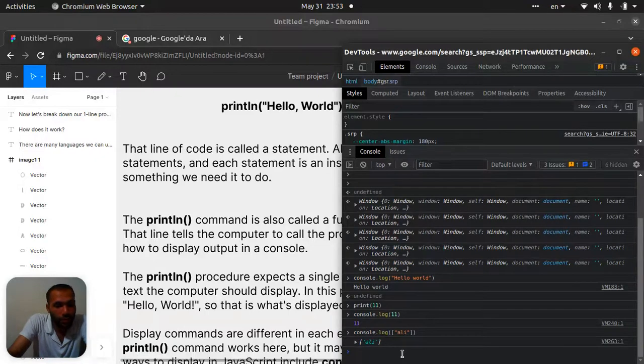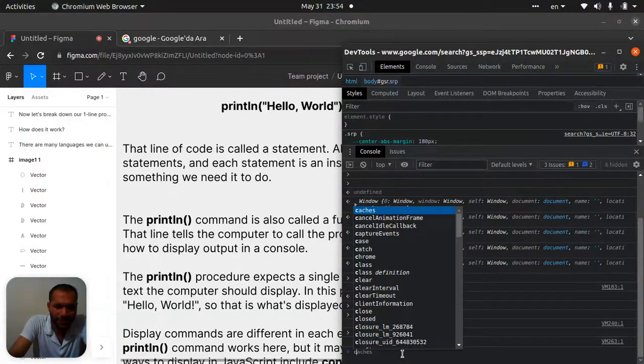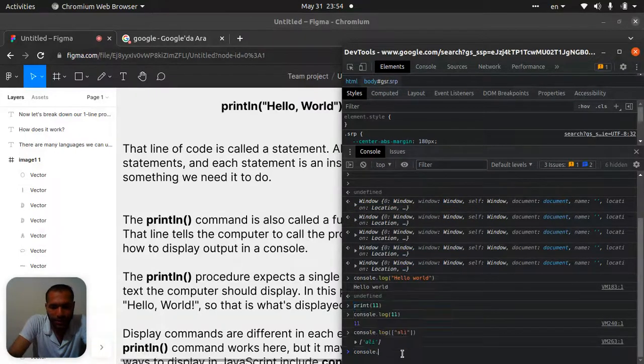Or you can make an object too at the same time. So it can be like, not print, let's say console, because we are working with JavaScript here. Console.log, and let's say this is our list.